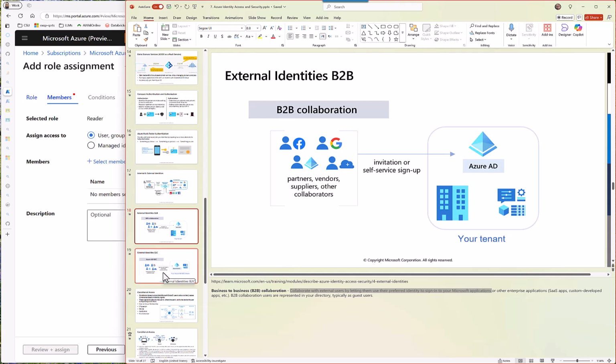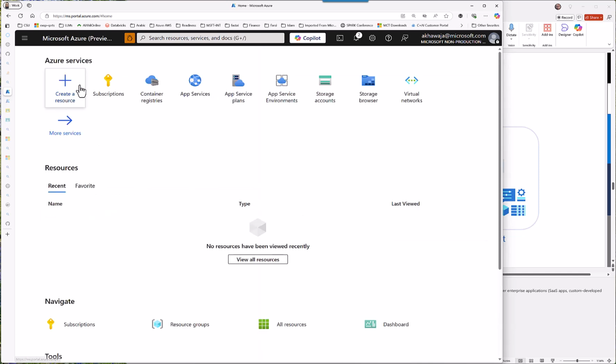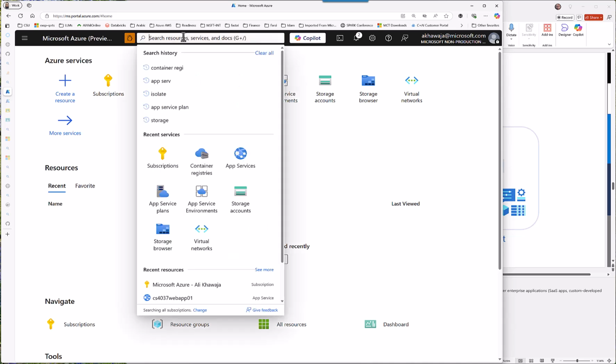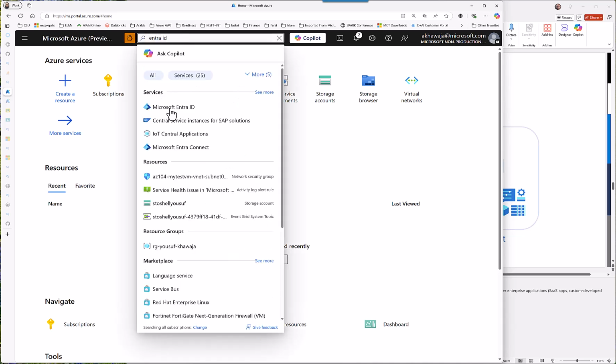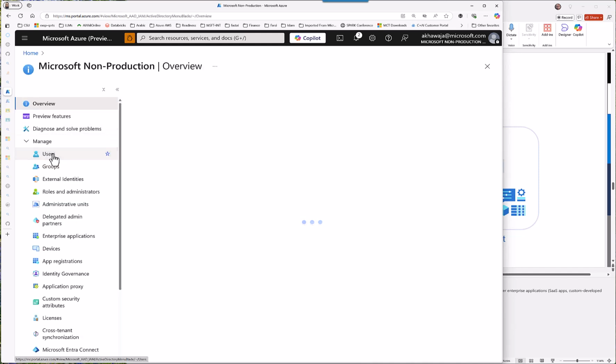This is B2B collaboration. आप उन आईडीज को एक्सेस देते हो अपने इंटरनल सिस्टम्स के ऊपर, आपका एंट्रा आईडी. So basically this is what happens, just to show you. This is B2B functionality. आप यहाँ पे जाते हो, you go into users and you say invite external users, right?